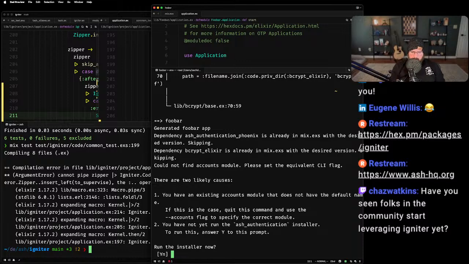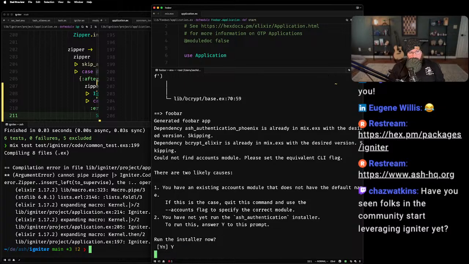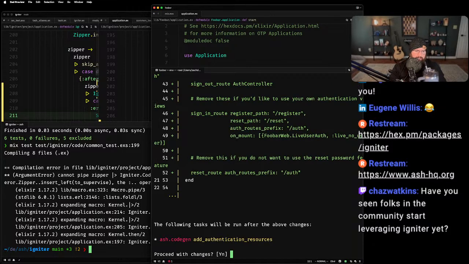And I'm also seeing Jonathan Manchin, again mangling his name, working on, I don't think it's done yet, he's still prototyping, seeing how he likes it, but working on an installer for his OIDC package, which is pretty cool. And there's at least two people that I know of working on component libraries that have Igniter installers to patch individual components into your project, which is pretty cool. So yeah, we've got some momentum starting to pick up on that front.